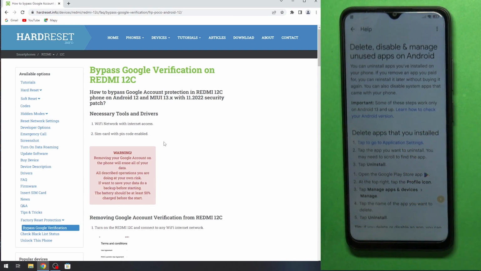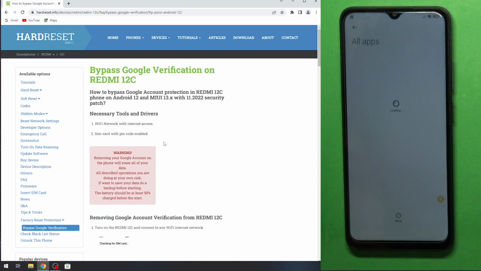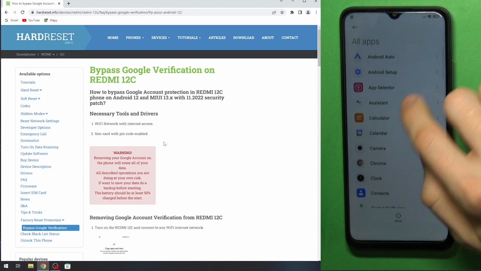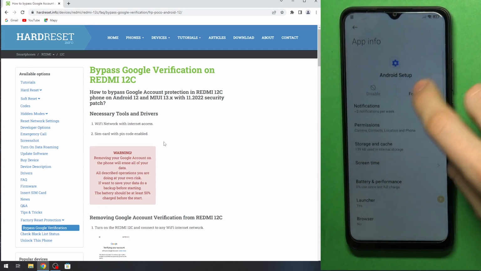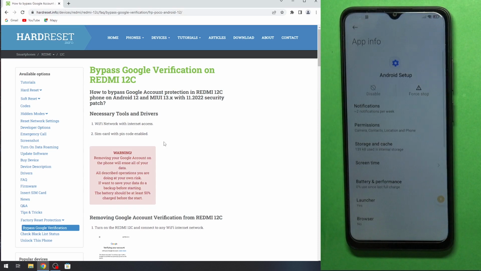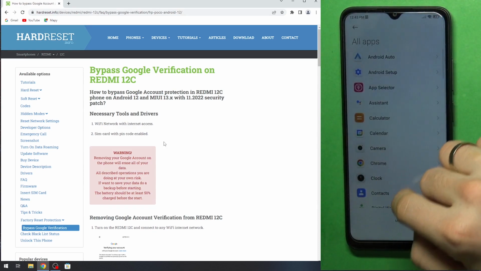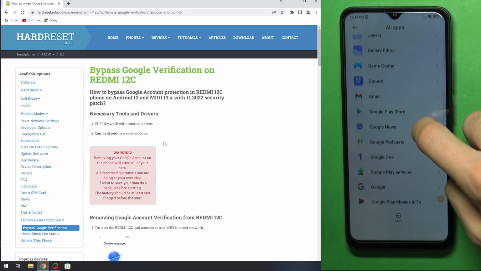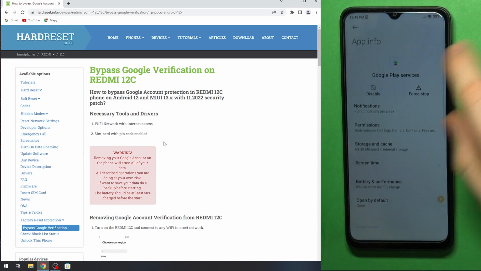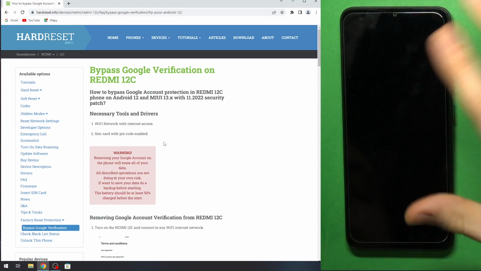Click tab to go to application settings. Find here Android setup, click force stop, click OK, go back, scroll down, find Google Play Services, click disable, wait a while,